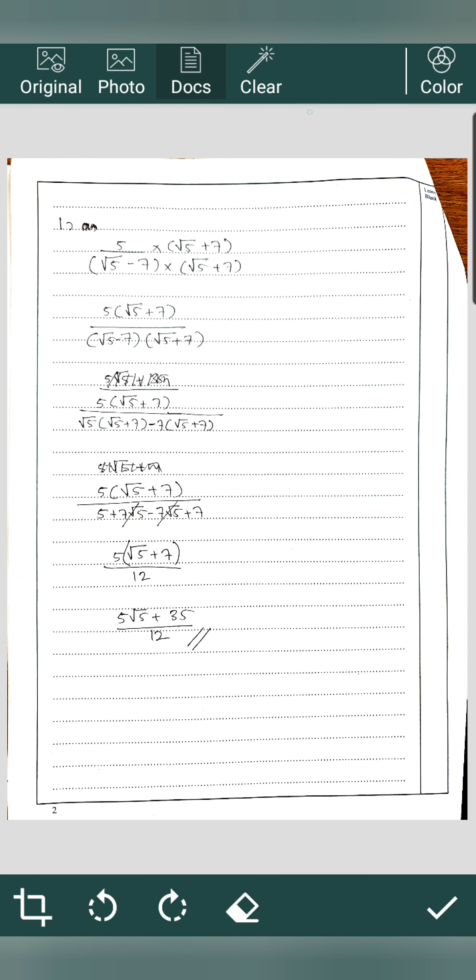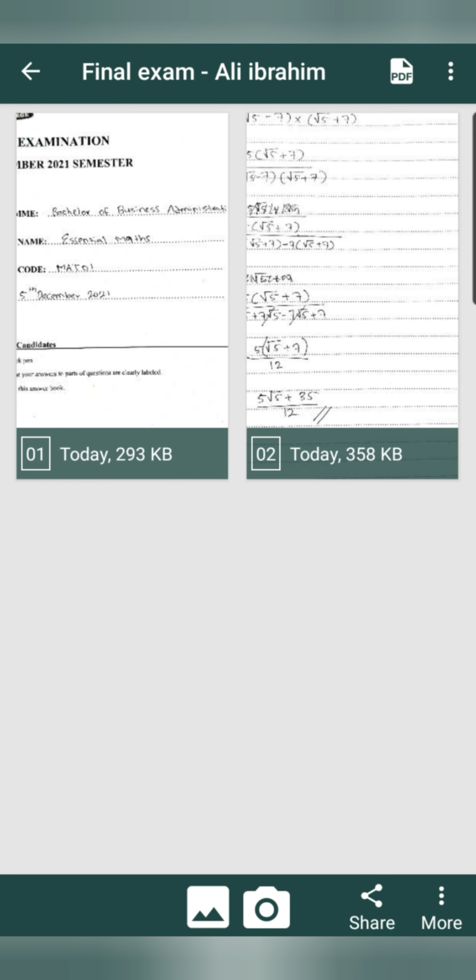Again make sure that you have selected docs from the menu and then click OK by pressing on the check icon at the bottom of the screen. Now you can see that I have added a second page to this document.